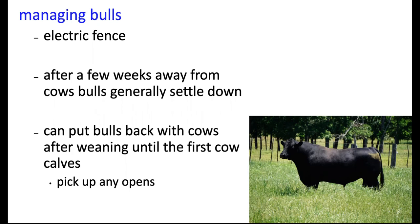The other thing is, when we get converted to that fixed breeding season, we're going to get all those cows bred, hopefully. And so that bull's not worried about open cows either, even if the cows are grazing in an adjacent pasture. The other thing you can do, so you don't have to have the bulls separated for as long if you want to, or to help pick up any cows that may have got bred but then slipped, is